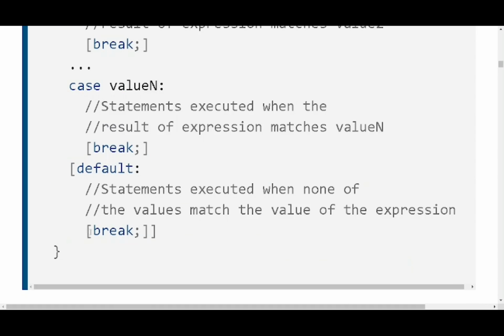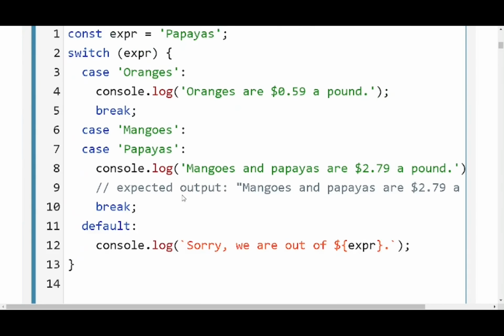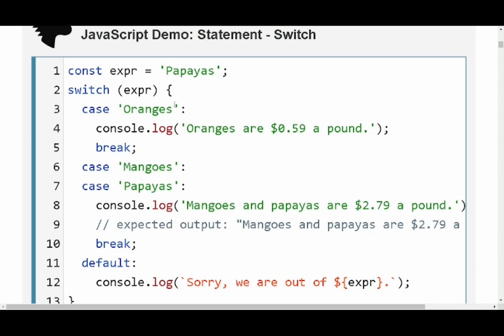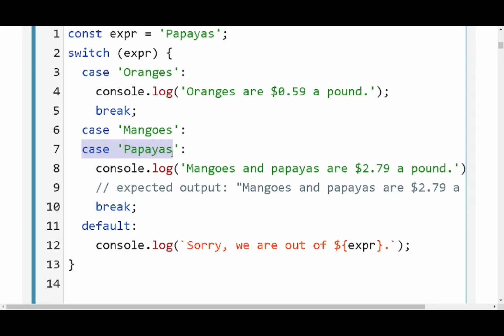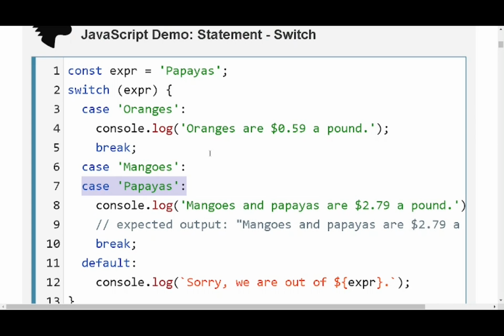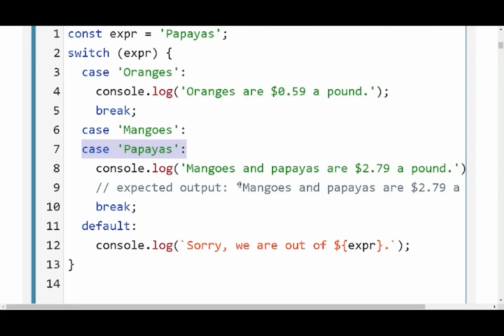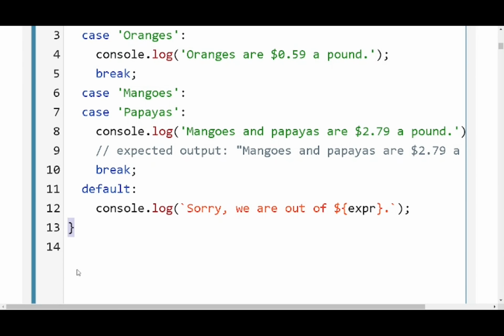Then again, if you are not careful enough to include a break, what happens is, even after default, if there are any other statements below, they will get executed. So we will see some examples for that. If you see this case of switch, the expression value is papayas. So I expect this match to happen. Suppose that match is happening, and what happens in the console, I will get this message. Then execution will proceed to the next line, which happens to be a break, and so execution will break over there and it will resume with line number 14.